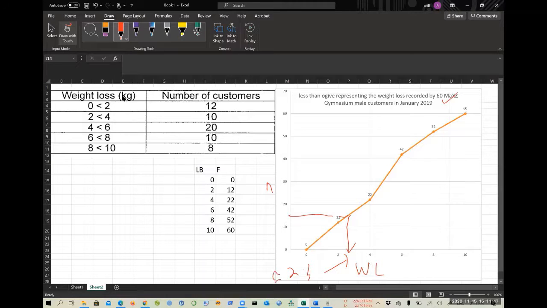Approximately 2.3, which means that 25% of your customers have weight loss less than 2.3. So 75% have weight loss more than 2.3. So that's why the value here is 2.3. The actual value will be x is equal to 2.3. So this number you have to come up with the correct one using your